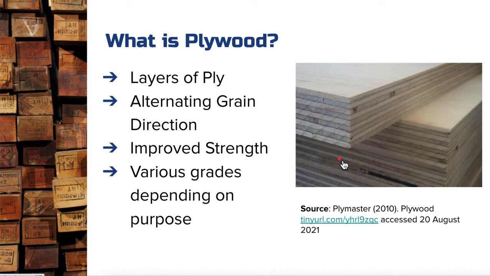If you're thinking of using plywood in a furniture application, then you're probably going to be looking at a B or an A grade board. Anything lower than that is going to be a little bit too rough for you. And if you're thinking, well, plywood is cheap enough, and it's got the right strength and the right size for me to use, but I just don't like the species, I don't like pine, I don't want it to be made from pine,